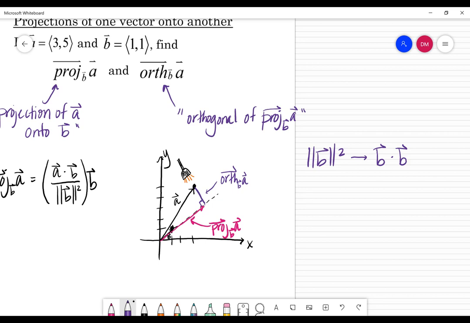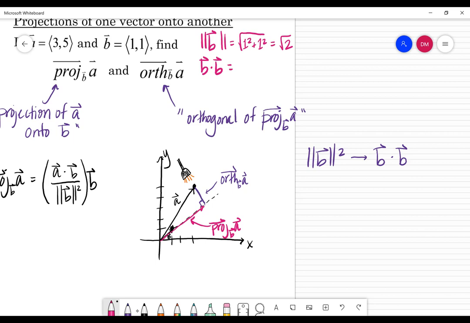The magnitude of B up here is going to be equal to the square root of 1 squared plus 1 squared. So it looks like I'm getting the square root of 2. Not very interesting, I know, because we have a bunch of 1s in there. All right, but if I take B dot B,